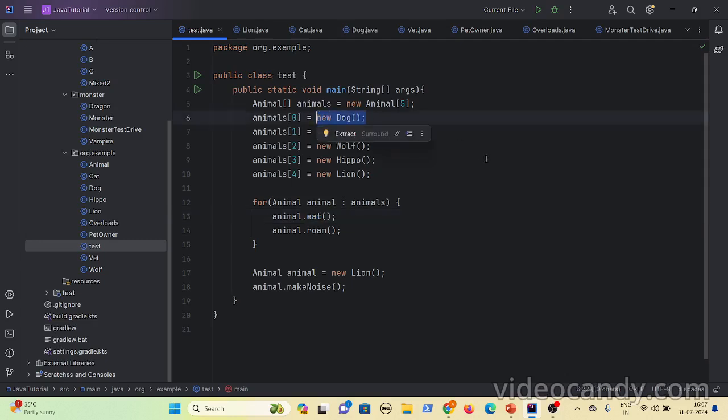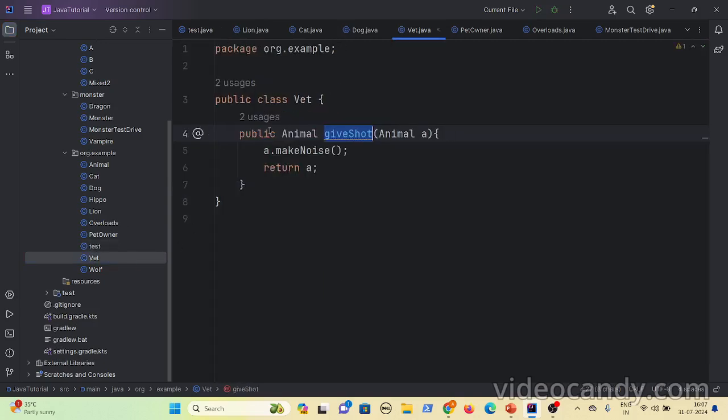And one more thing is, polymorphism is a runtime behavior. We can get to know the behavior only during runtime. What does that mean? Let's go to this vet class. Here you have this give shot of animal method. Just by looking at this method, will you be able to tell which animal is making noise?